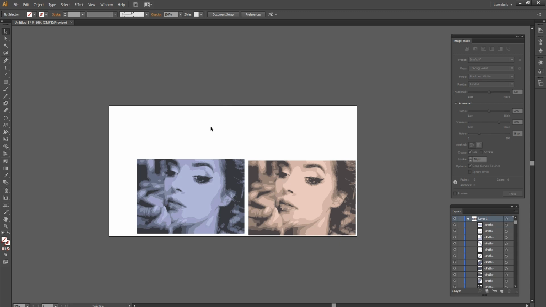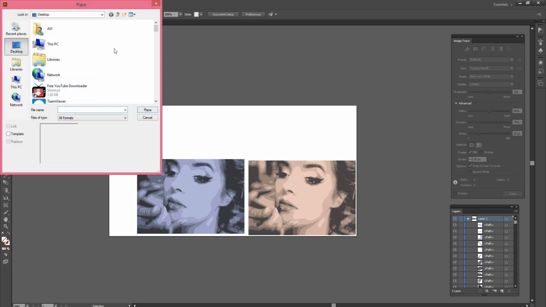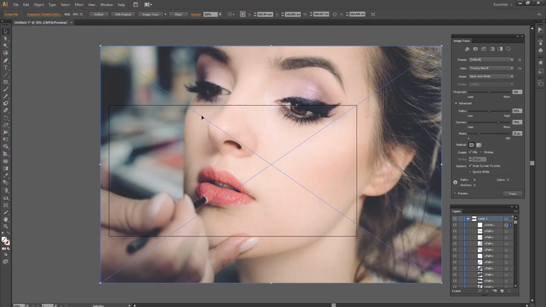First we'll check how it looks with the original image. So we place the original image from our computer. Where is our original image? This is our image placed. Then decrease the size.